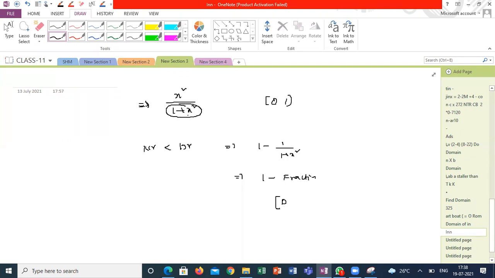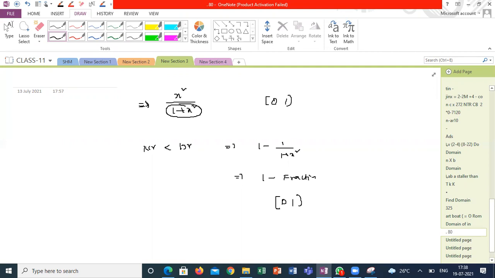What is the maximum value you will get? When x is equal to 0, you will get 1. Is 1 in open braces? Yes, sir. Because at infinity only you are getting 1, at any other values you never get 1 here, correct? Even if I take 100, it is 100 by 101. Even if I take 1000, it is 1000 by 1001. So for what value will you get 1 here? If I take x equal to 0, are you getting 1? Yes, sir. But then we can't take x as 0, sir.